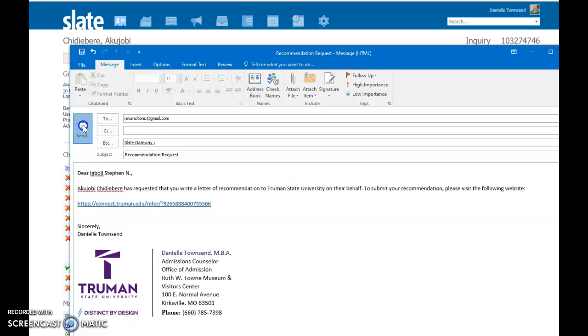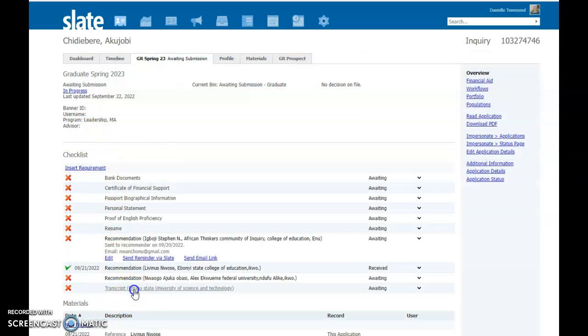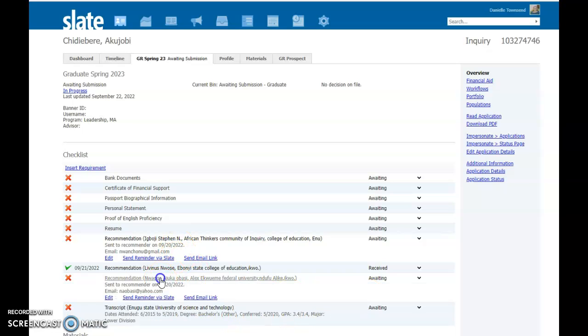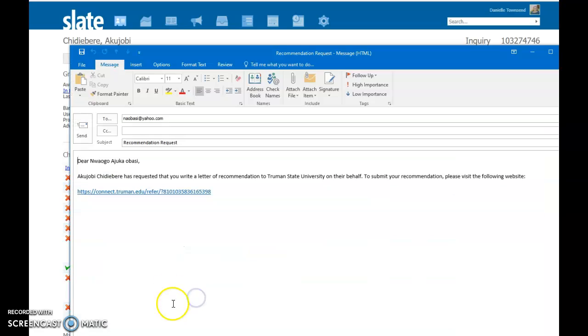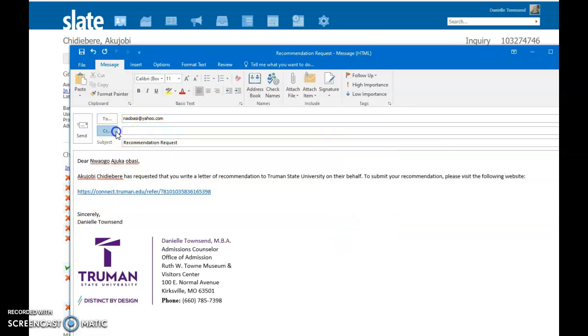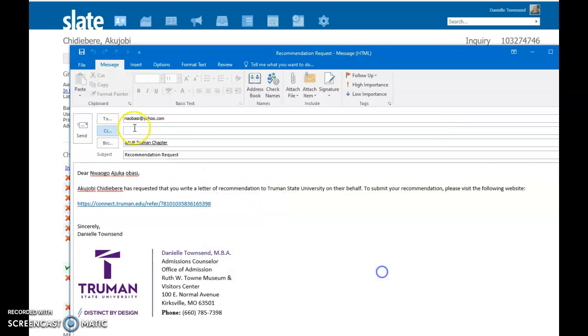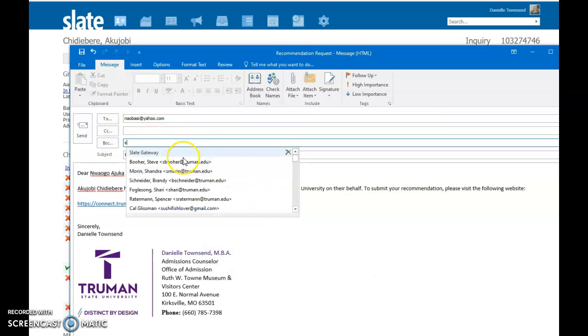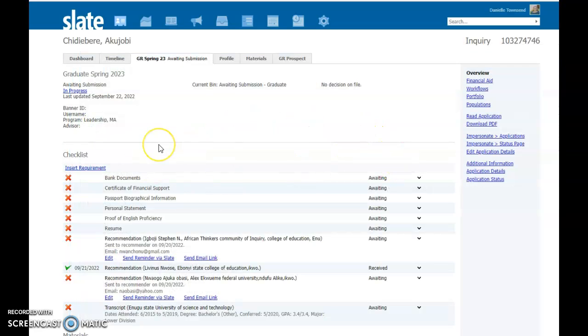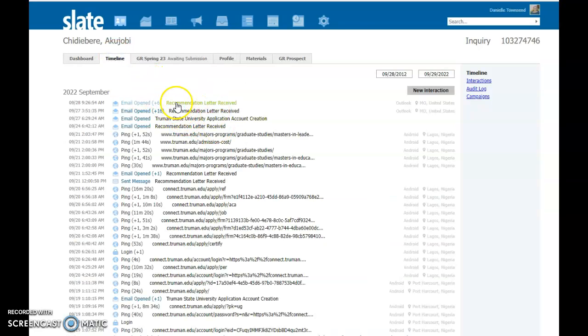So we'll go ahead and send this one. And then this one, oops, wrong thing. This one we'll do the same thing with. And send. So if you were curious how to use this Slate Gateway and make things appear on their timeline, obviously that won't